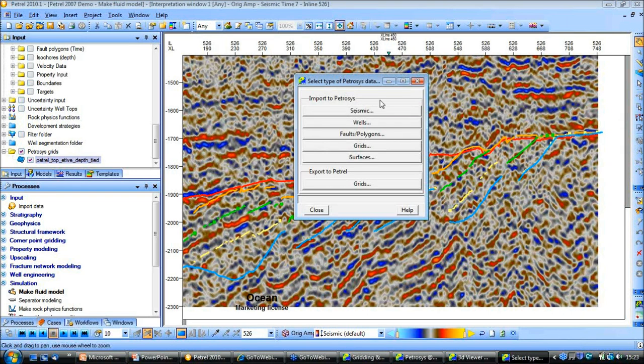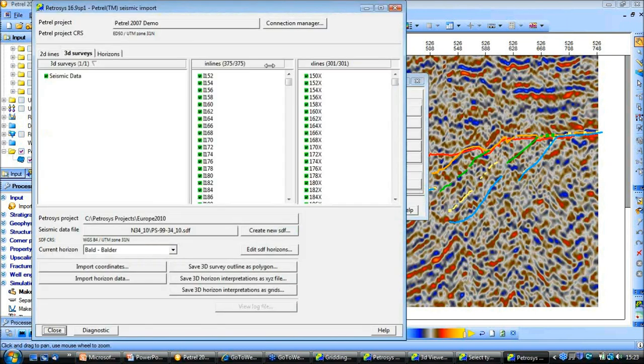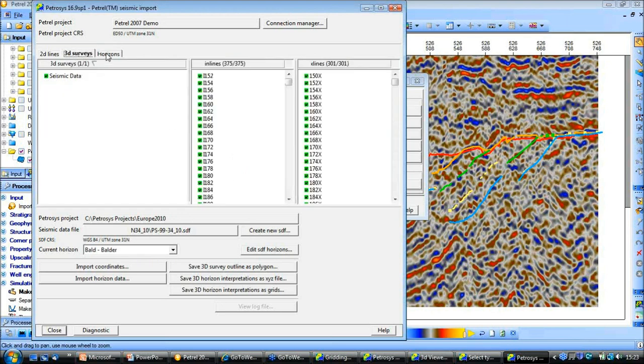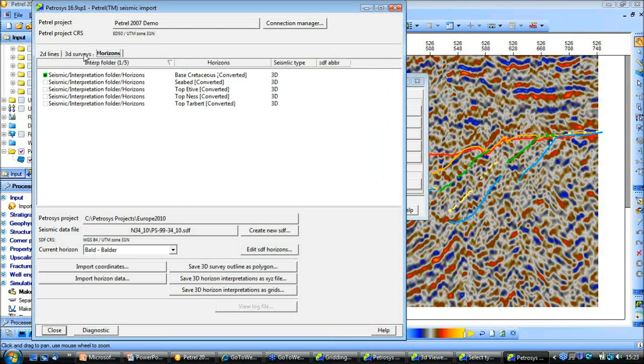Now, all of the things I've shown you so far allow you to use the data directly and dynamically, but we do have the ability to import, for example, seismic data. So if you wanted to import some horizon data from a Petrel project to a Petrosys project, you could do so. You can take a snapshot of that data. Now, people say, well, why would I want to do that? Well, examples are that